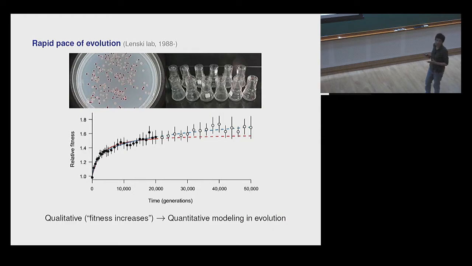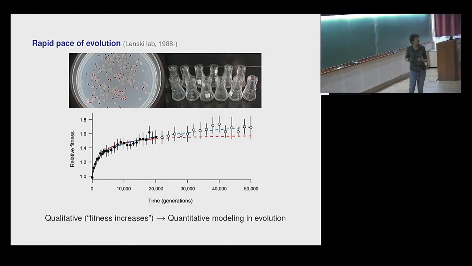The idea is very simple. He has 10 flasks of E. coli, and all that he has done is to give them less glucose than what they're used to. And then this population has to make mutations. Something should happen at the genetic level so that it can adapt to this bad environment in which it is